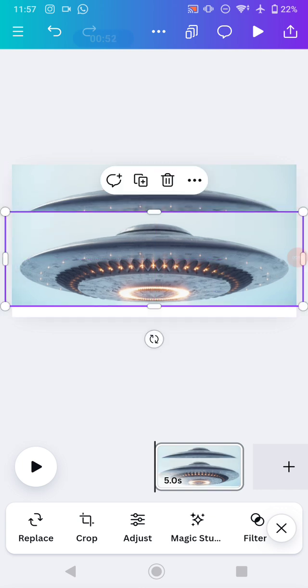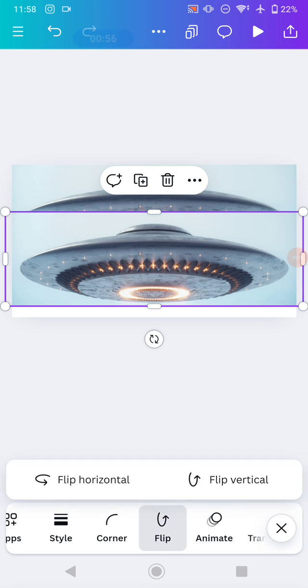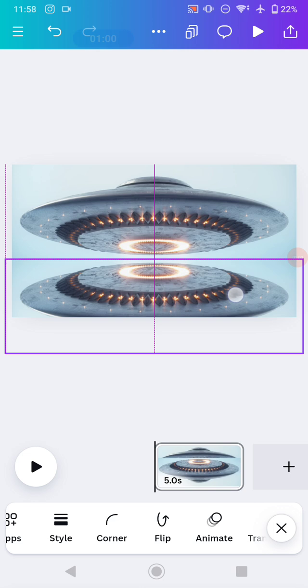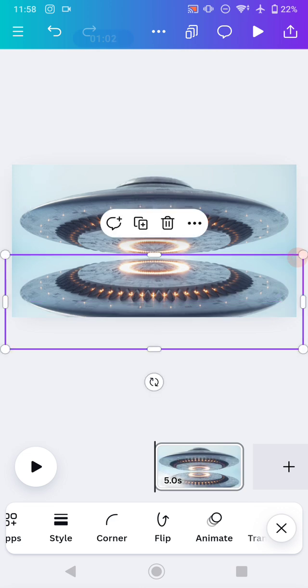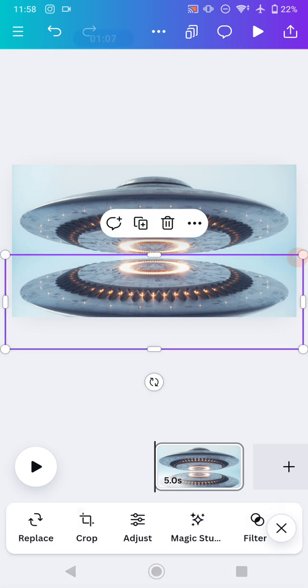And now on this duplicated image, go to the toolbar and flip the image vertically like this. Okay, when you're done, now you just need to position it in the exact position that you want, kind of like this. And the next step, click the bottom image, this one, and go to the apps,